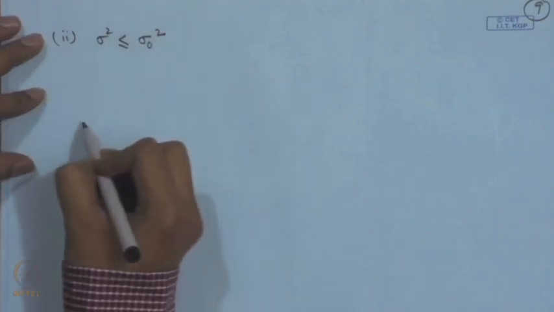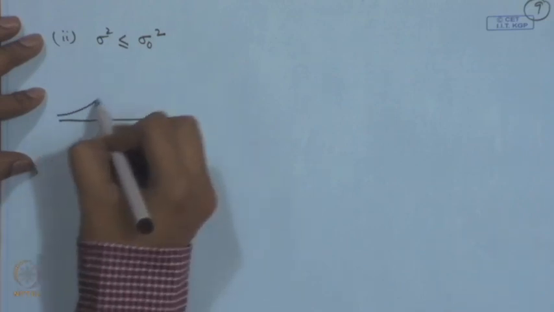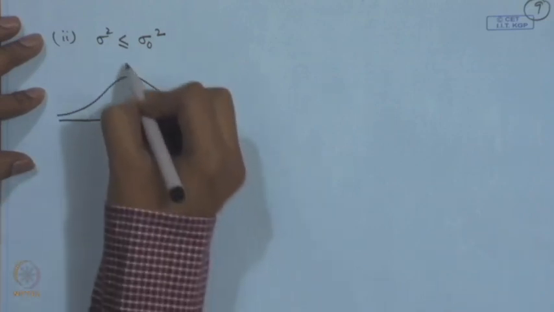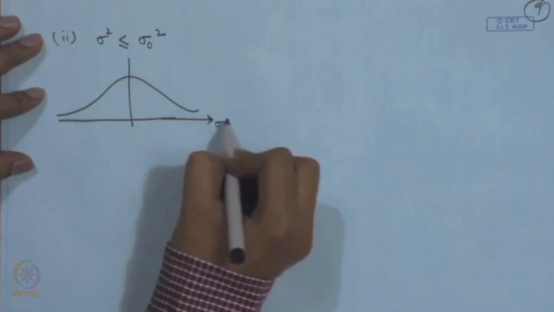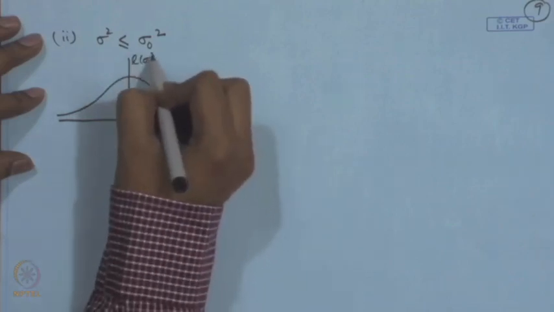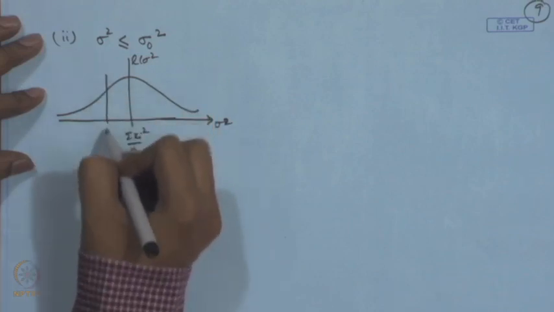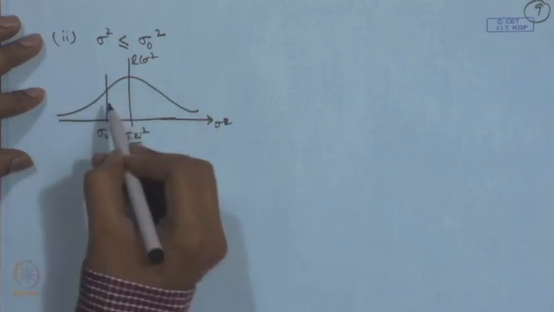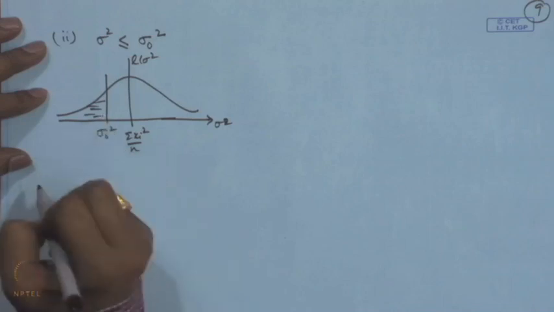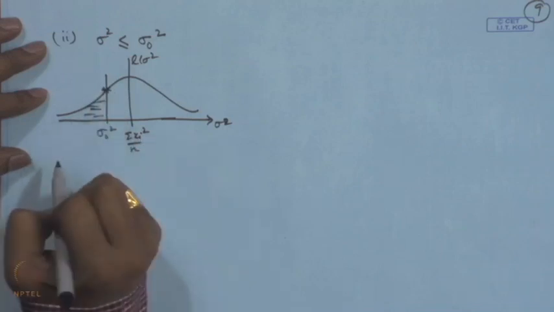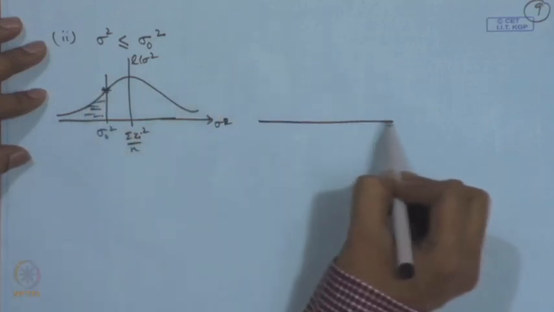So, once again if we look at the plot of the likelihood function, if sigma naught square is occurring here, now this is our region of maximization. So, the maximum will occur at sigma naught square, whereas